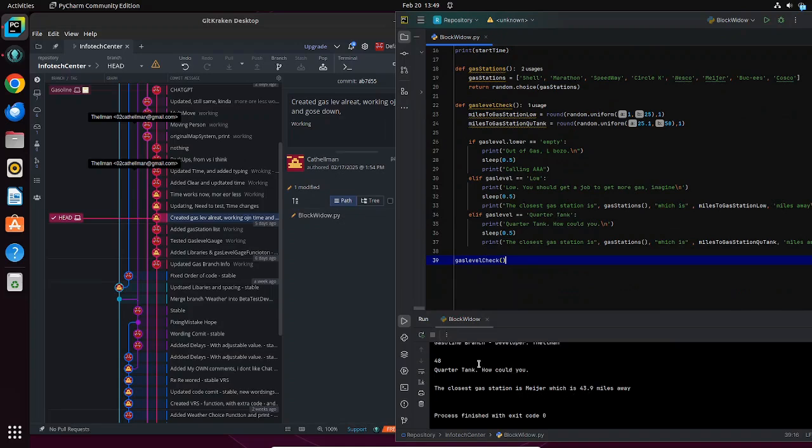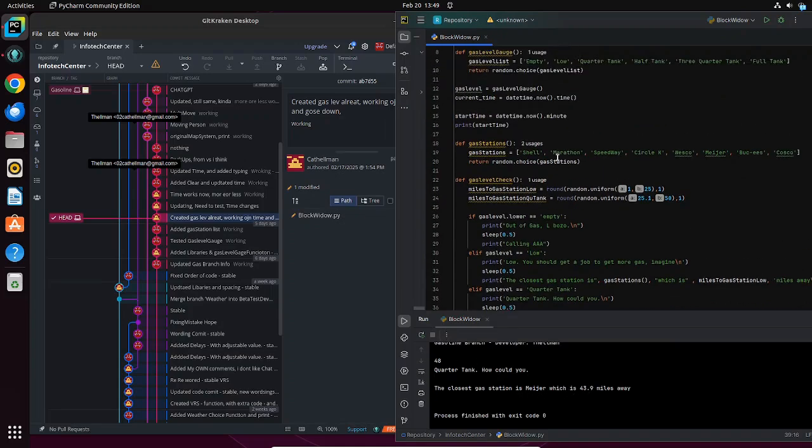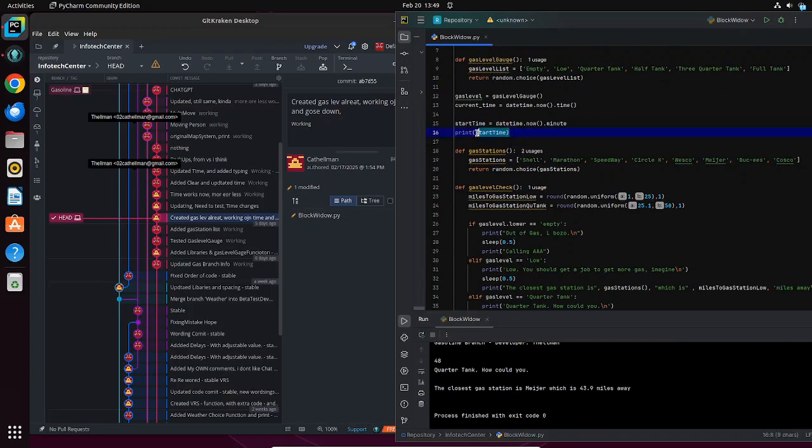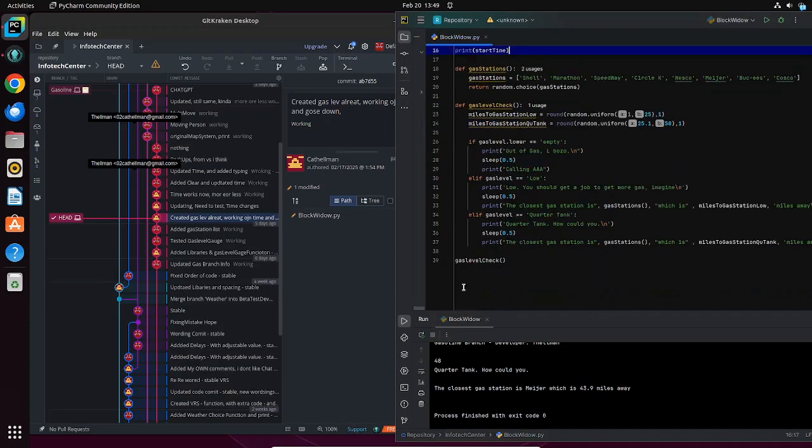Oh, I know what that is. That is a round of here. It's the start time. It's when I started running it. I was working with something so that every second or so it'll lower your gas tank, which you'll see later, which is really cool. But anyways, so the closest gas station is Maya, which is 43.9 miles. Every time you run it, it'll